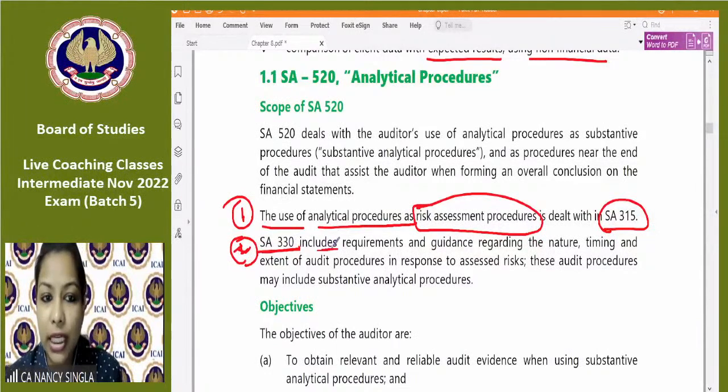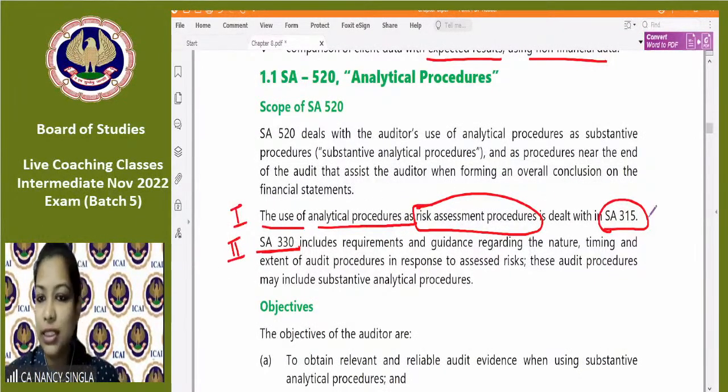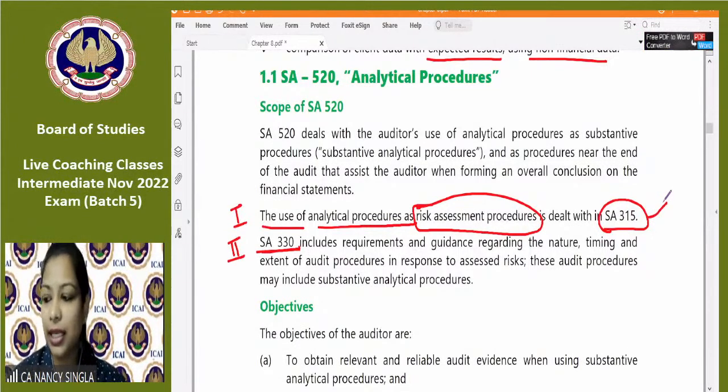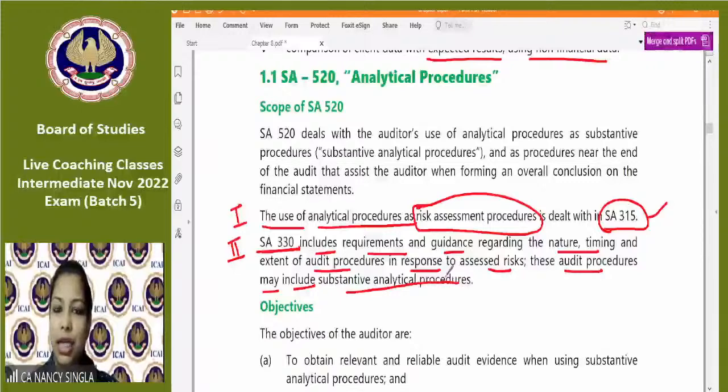SA 330 includes... So this is the first you need to read. This is the second. So this is to clear na कि risk assessment procedures करना है SA 315. 330 includes requirement and guidance regarding the nature, timing, extent of audit procedure in response to assessed risk. These audit procedures may include substantive analytical procedures. So SA 330 says that अगर आपको substantive procedures करने हैं तो उसमें आप substantive analytical procedures कर सकते हो,